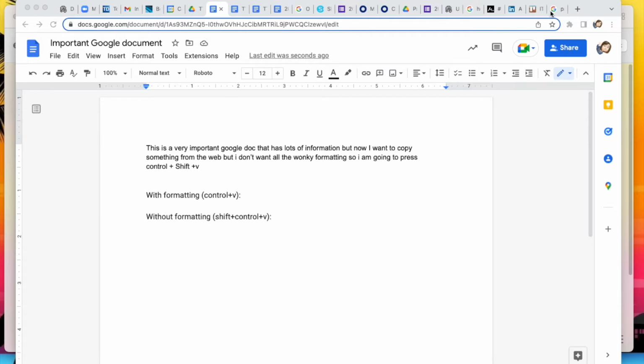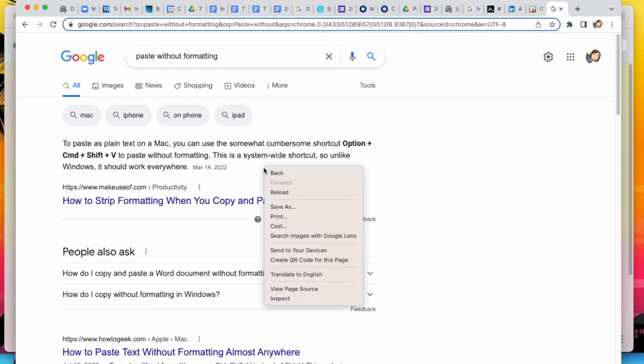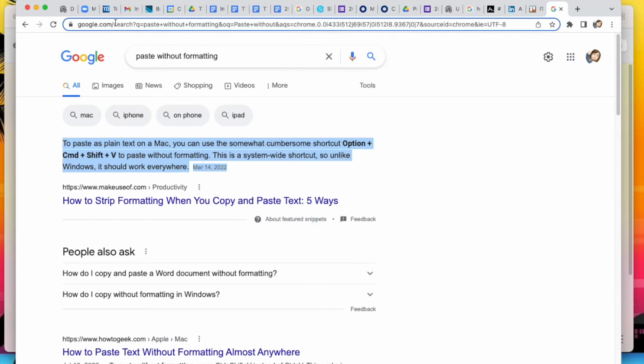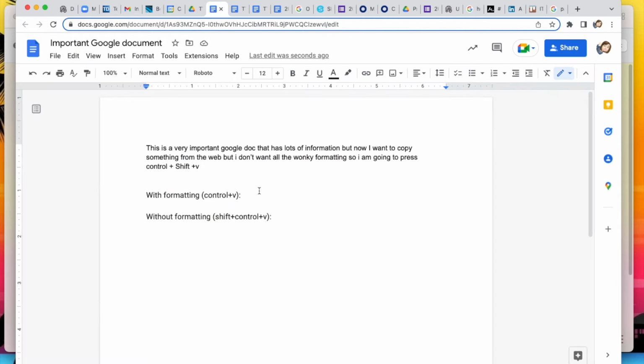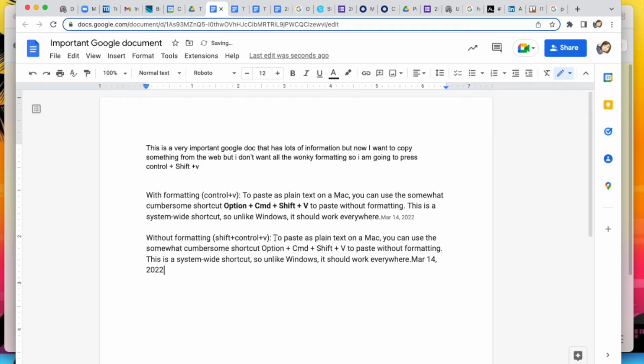Have you ever needed to copy information from a website or a Word document but didn't want the wonky formatting that came with it? There are keyboard shortcuts that make this task a breeze. You'll use Control-C to copy the text, but instead of using Control-V to paste what you just copied, use Shift plus Control plus V on your Windows computer to paste it without formatting. You can do this on a Mac as well, using Command-C to copy the text and then Option-Shift-Command-V to paste